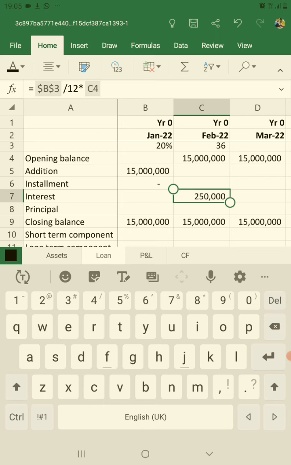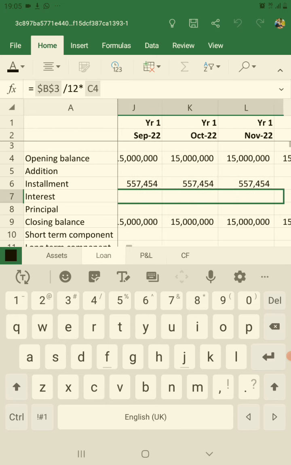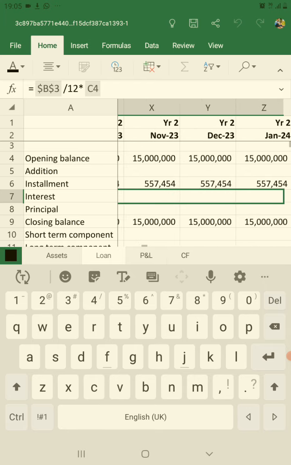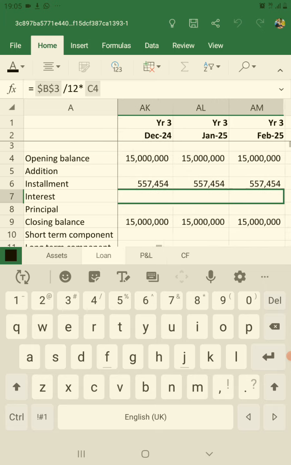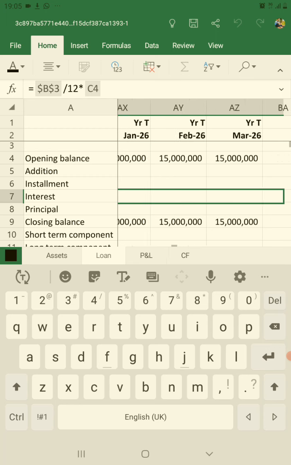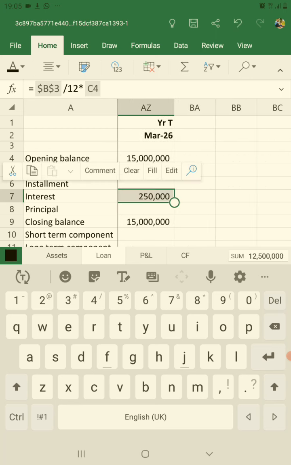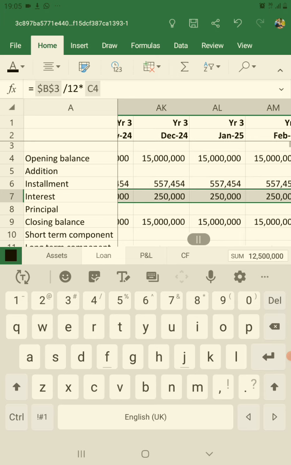So I tap to fill this throughout our projection period, or throughout our loan period. Let's drag it through the projection period in this case. There is no need to have it, we will see. Okay, so